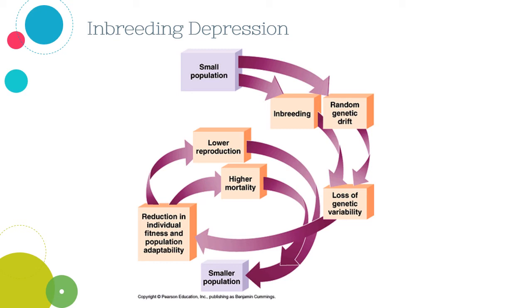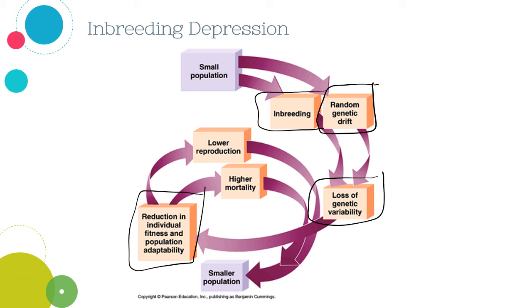So anytime you fragment habitat, you fragment a population, and that population is now smaller and it's more vulnerable to random events that are going to decrease genetic variation within that population, and inbreeding, because organisms who are present in that environment are more likely to be related to each other as they're stuck there in that same environment. Both of those lead to a loss of genetic variability, which leads to this reduction in fitness, the ability to survive and reproduce, which leads to lower reproduction and higher mortality as you start to accumulate diseases and genetic